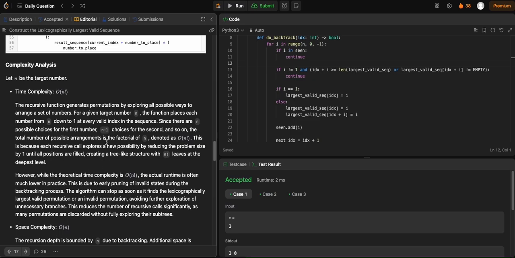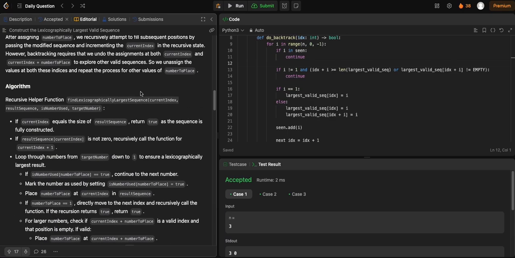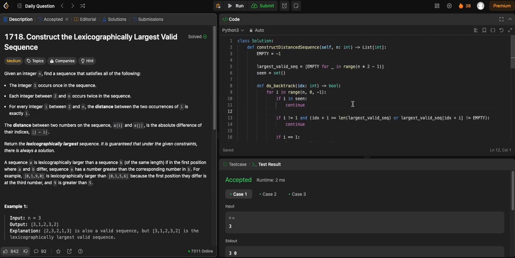Sometimes you can see the time complexity, but you can't really get the actual number, because you can just get the intuition of it being able to truncate early enough. But yeah, today's one is it. It might not be too hard to think about the logic, but coding backtracking is always a very weak point